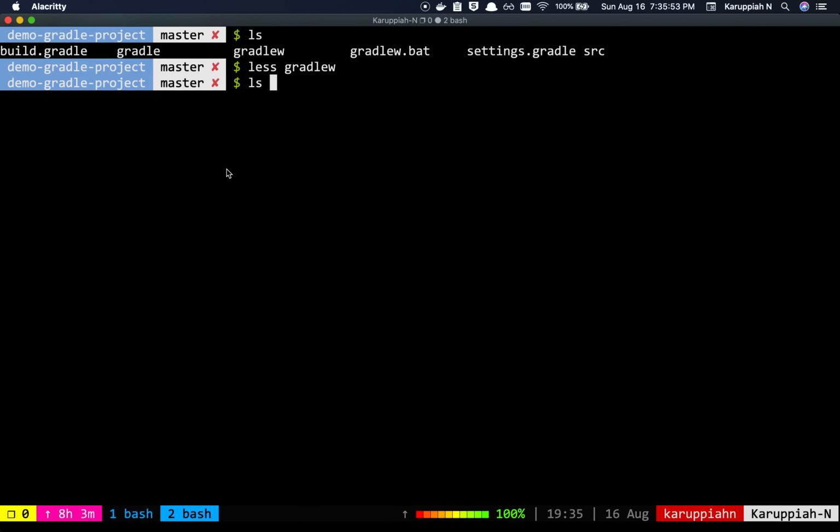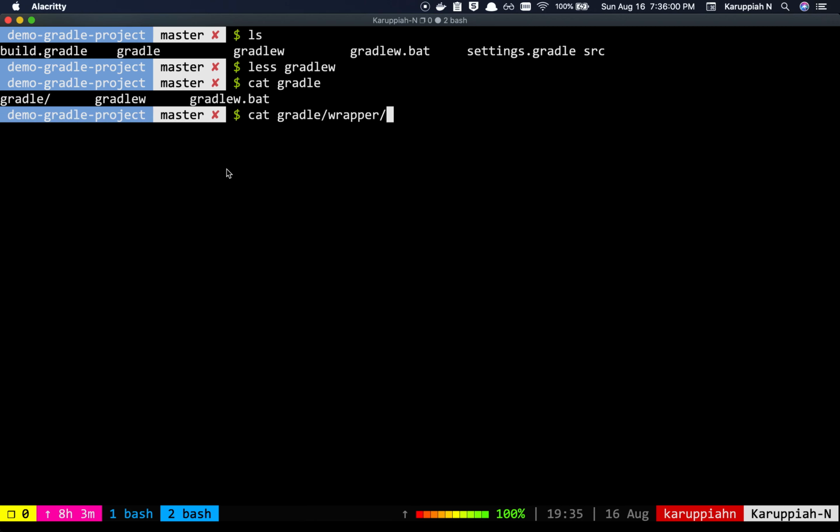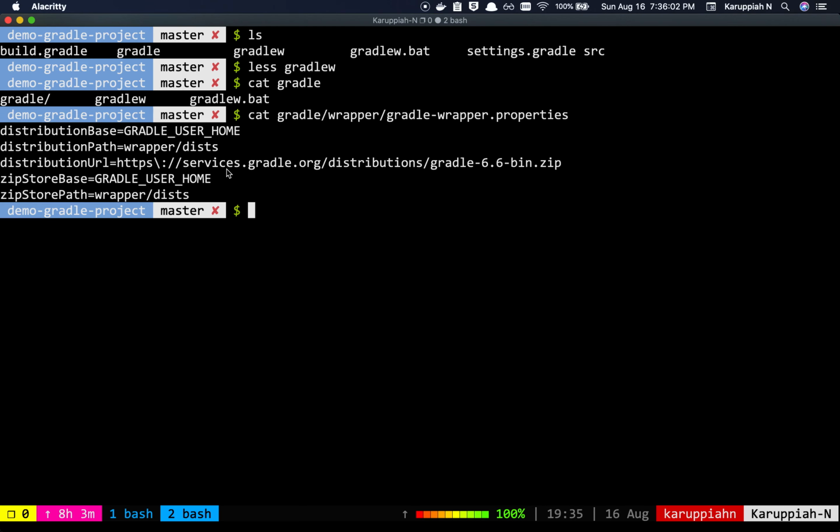So you can set your Gradle version over here in the gradle-wrapper.properties. You can change to a newer version or older version or anything.